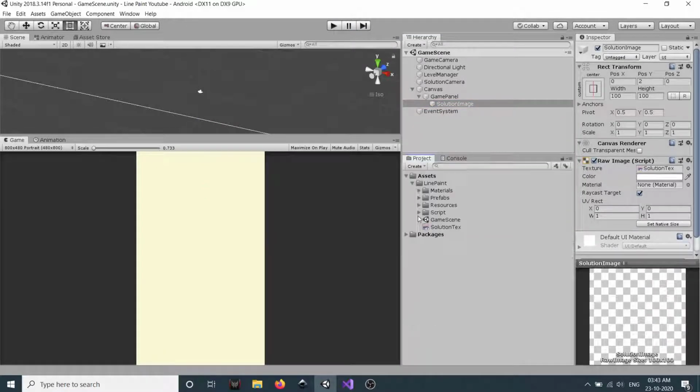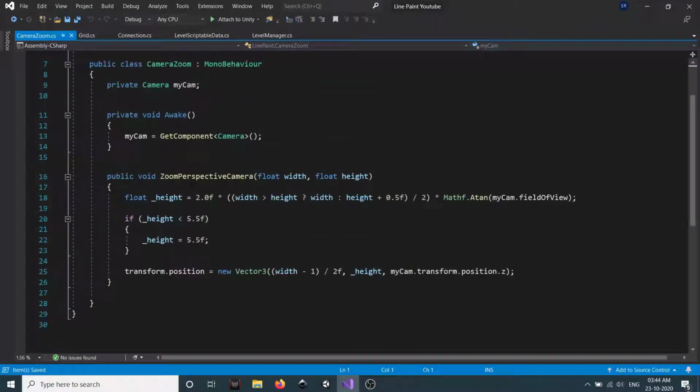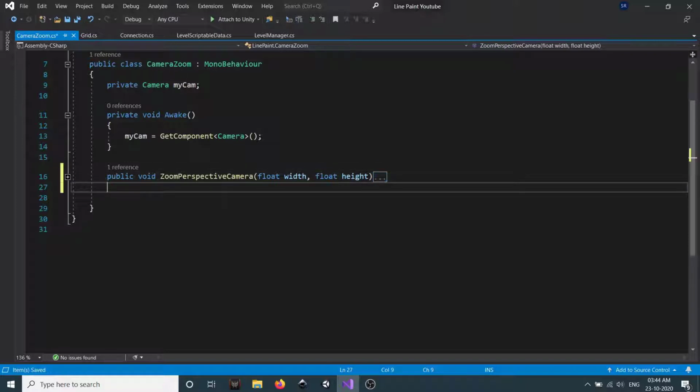So for that, let's go to script and let's go to camera zoom. Now here we have zoom for our perspective camera. We will create one more method here.